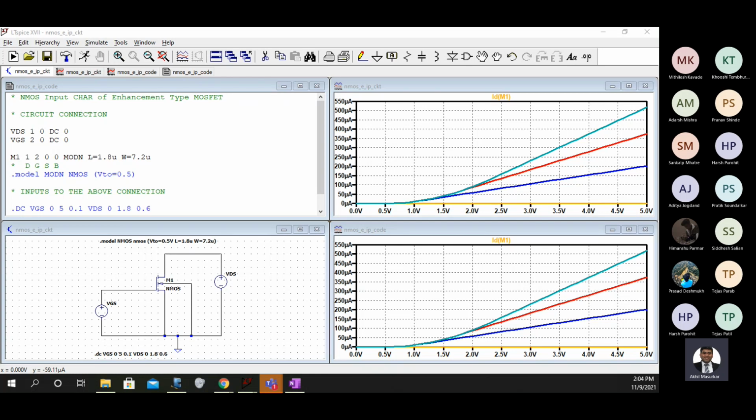So have you thought about how to make the output characteristics? Okay, I'll give you a clue now. I'm closing this.